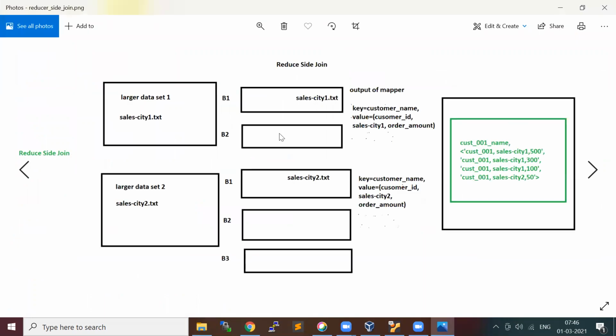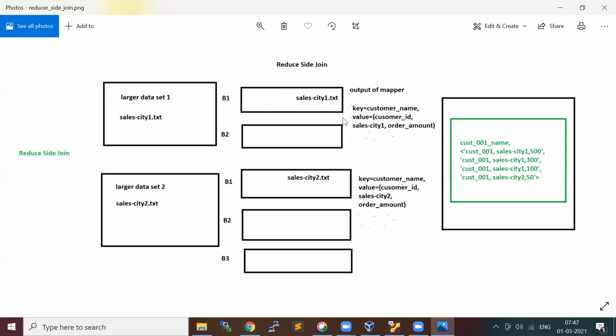So basically, what we are going to do is we take two data sets, right? So if the two data sets are larger, how do you do the reduce side join? In our example, I'm just going to take sales from two different e-commerce sites. One is from Amazon, one is from Flipkart, and when it comes to the Mapper, we're just going to do the tagging.